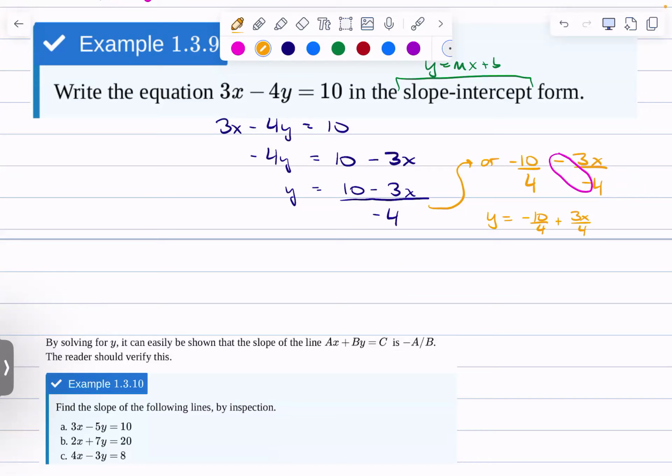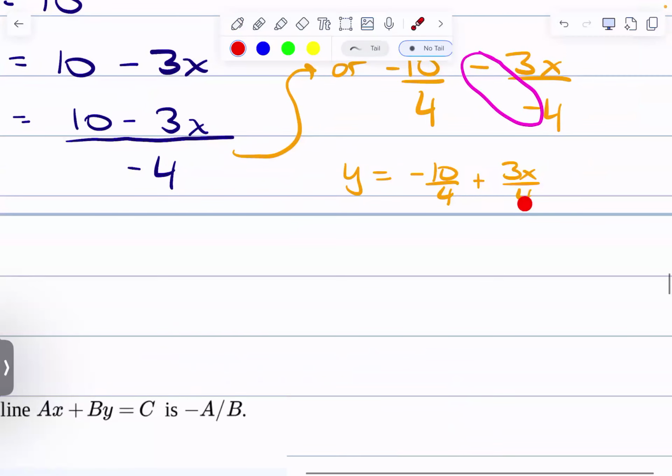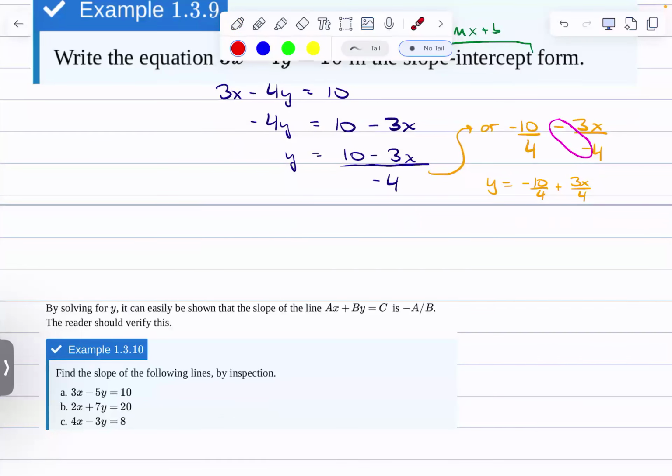If you're splitting those fractions, which means that if we had to find the slope, now it's easier to see that the slope here is positive 3 over 4. Just as kind of a fun fact,